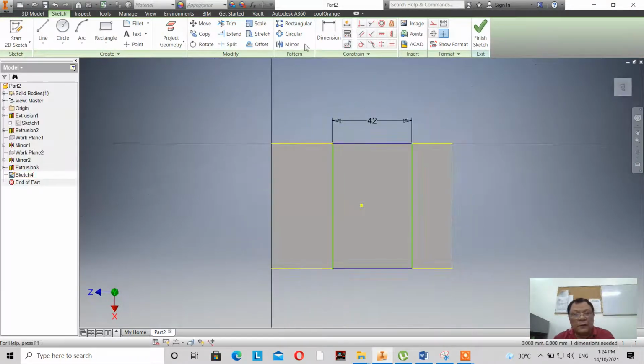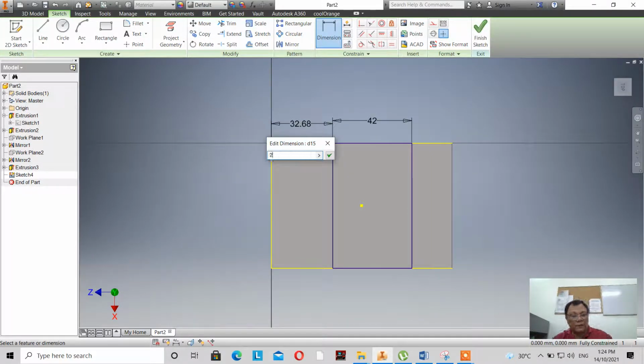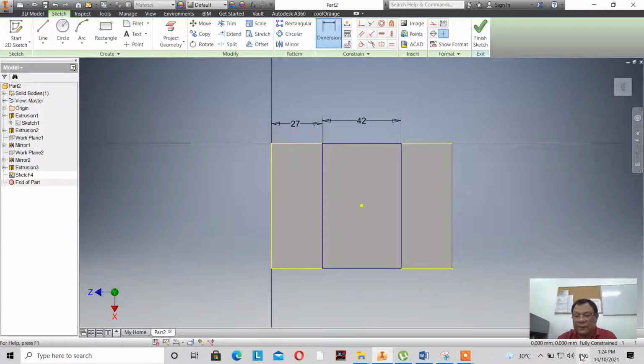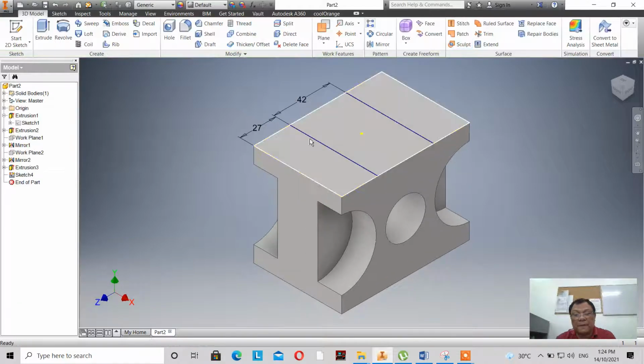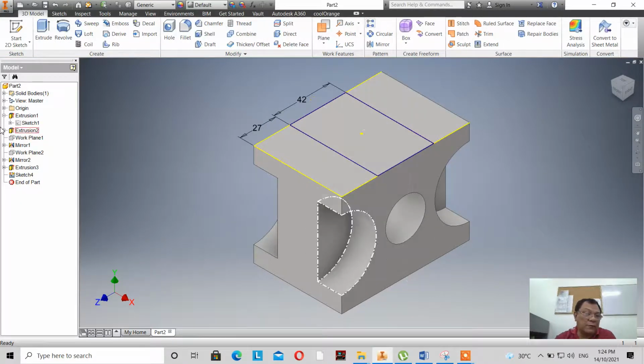So I click here, I click on dimension, and then I select this here, type value of 27. Now it's fully constrained. Click on finish sketch. You see? Going back to our figure,